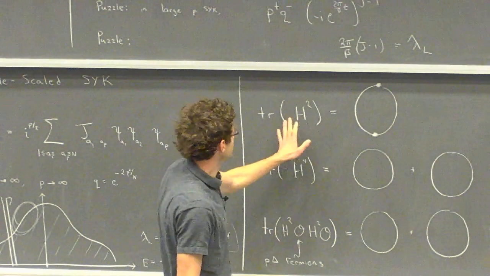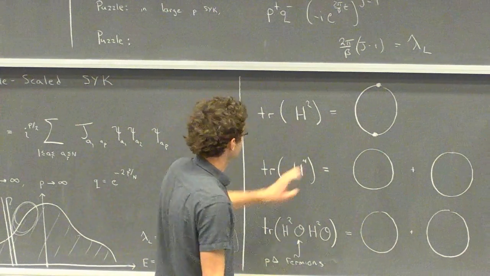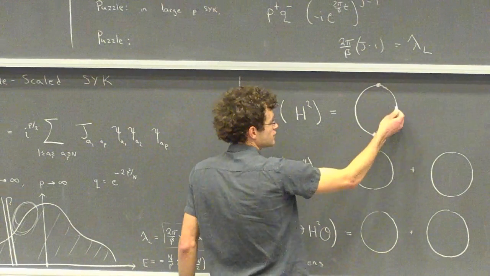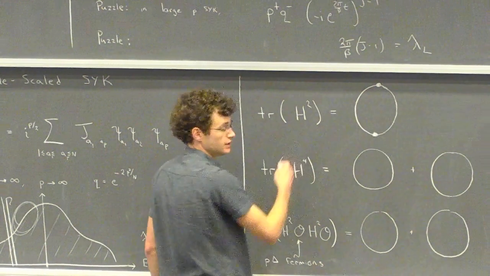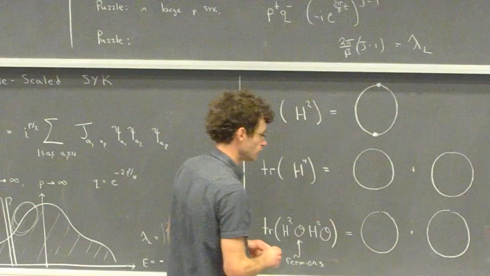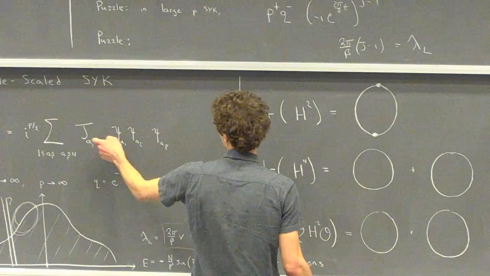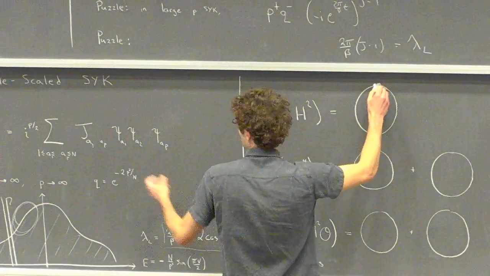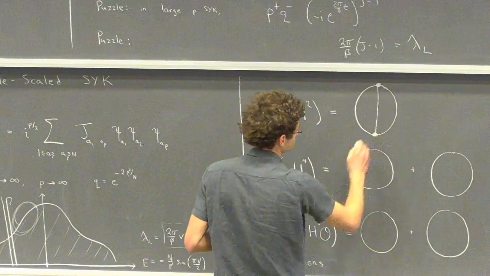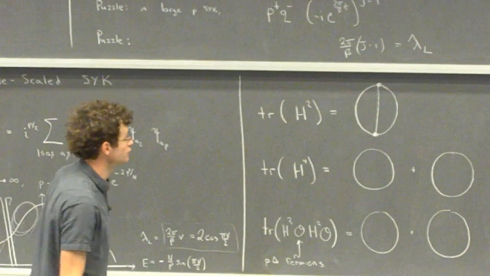So let's first imagine computing the trace of h squared. We take 2 copies of this thing. The 2 copies of h are represented by dots, and the circle here represents the trace in the Hilbert space of the fermions. The way you organize it is you imagine doing Wick contractions of these random J tensors. There are so many indices here, and n is so large, that averaging over this system is extremely self-averaging.